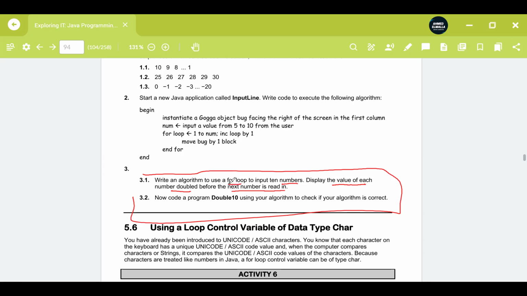We see here a for loop, so we know that we need to put a for loop. And then he said input 10 numbers. Input means that we need to show something to the user so that he can key in some input. Display